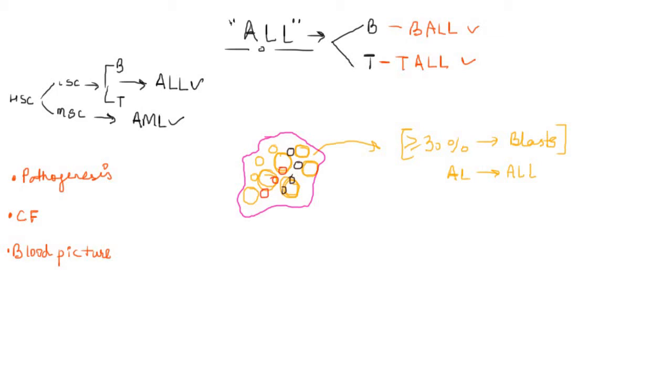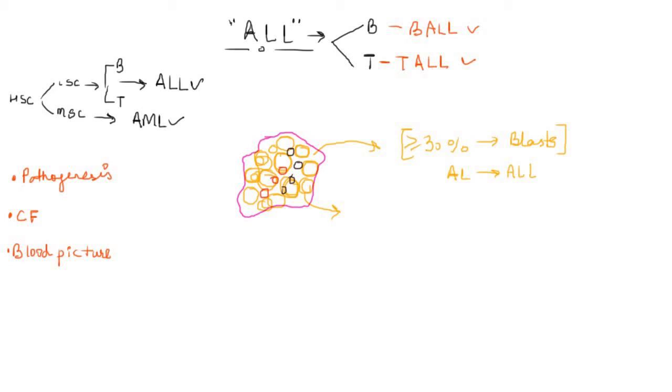Now, if you look at this picture, you will be able to make out most of the clinical findings that are associated with acute lymphoblastic leukemia or any acute leukemia. See, first of all, as the blasts continue to grow, they will take all the space within the bone marrow, and as a result, the other cells will not be able to grow and mature. Similarly, they would take all the nutrition of the normal cells, and as a result, the normal cells will die. So ultimately, the whole of the bone marrow will be infiltrated by the blasts.